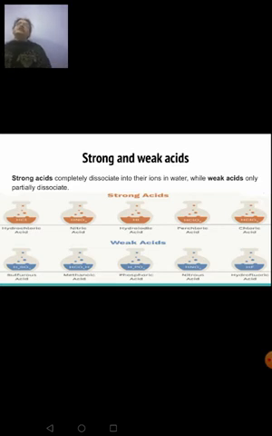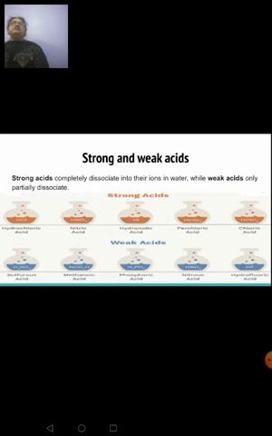First we'll learn about organic and inorganic acids. Organic acids are those acids that tend to be edible by nature. Edible means which you can consume. So those substances that contain acids, like your lemons, oranges, your curd, they all contain some kind of acid in them. So they are said to be organic acids or edible acids. Then strong acids and weak acids. You should know these things thoroughly.